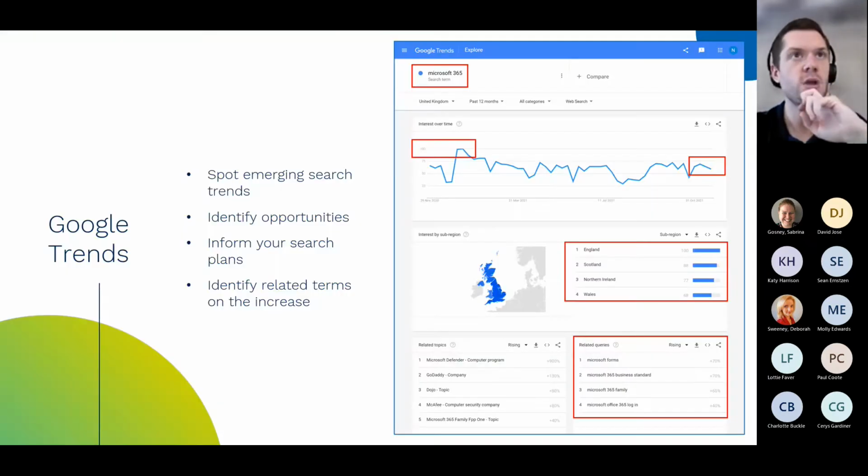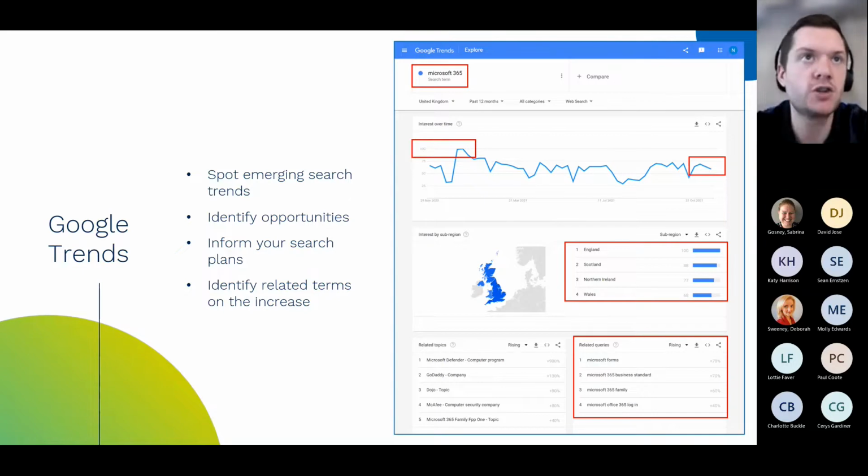And then in terms of how we would put together that SEO plan and how we would know what keywords to use and that sort of stuff, Google Trends is a really good way to spot emerging trends. So we've put in Microsoft 365 at the top here, and you can see the interest over time. The 100 line, the top left red box, is when it peaked as a search term.